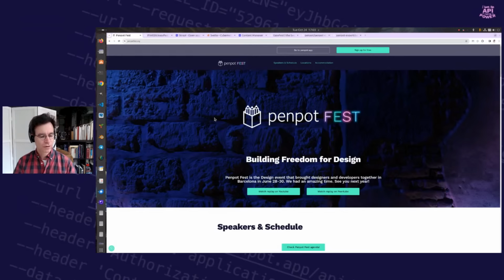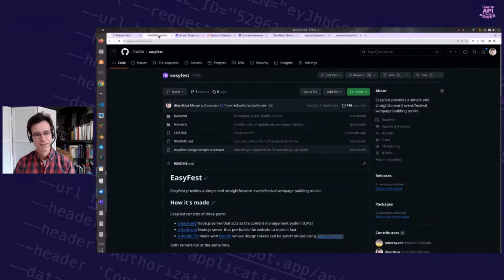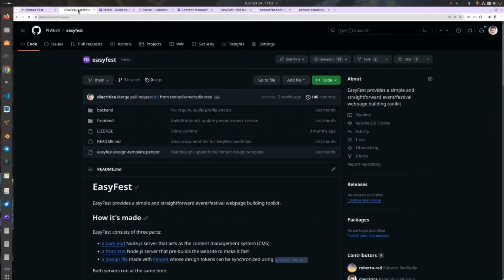So using one of our week-long hackathons called Pi Weeks, in July actually, a colleague and I decided to build a festival/event website builder, and we called that EasyFest. Okay. So welcome EasyFest. EasyFest is basically the typical opinionated website builder, in this case meant for festivals and